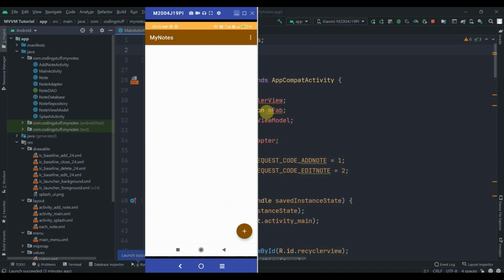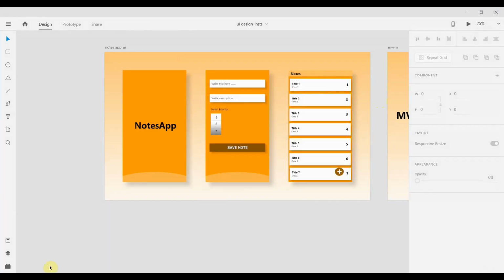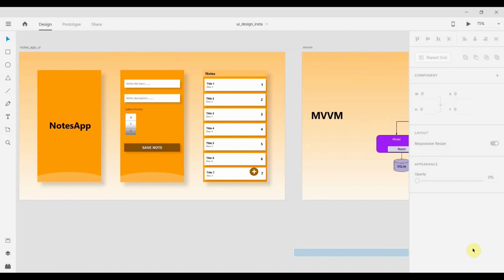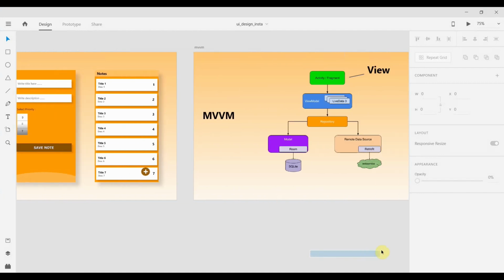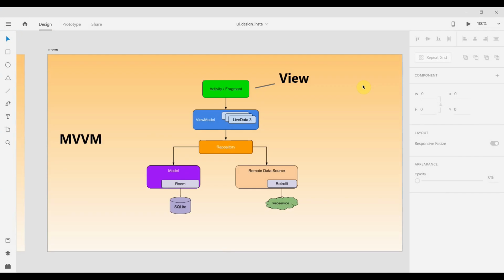Now I'll be explaining what MVVM is. So this is our UI, as you already saw, and this is the diagram of MVVM. MVVM is basically an architectural design pattern, and its long form is Model View ViewModel.